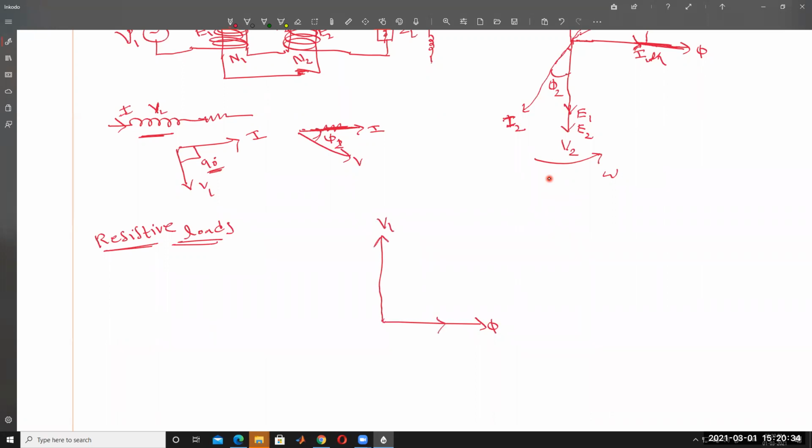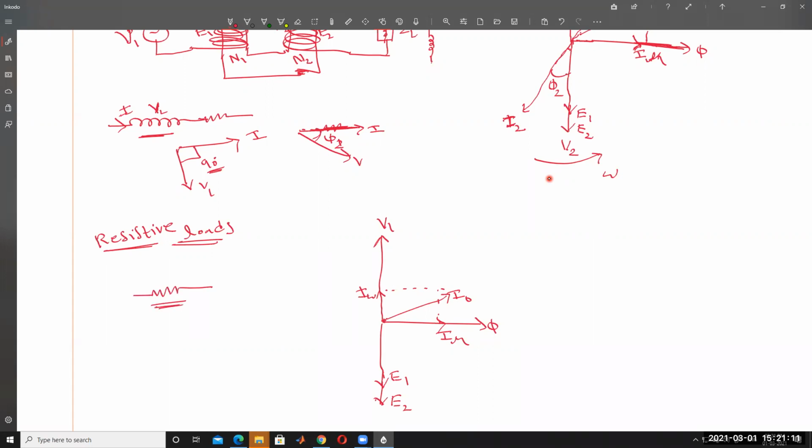This is called the magnetizing current. The no load phasor diagram is always constant. The resultant of these two components is called I0. This is the secondary EMF, the induced EMF E1 or E2. Both are in phase, according to the winding, step up or step down. The magnitudes of E1 and E2 change.